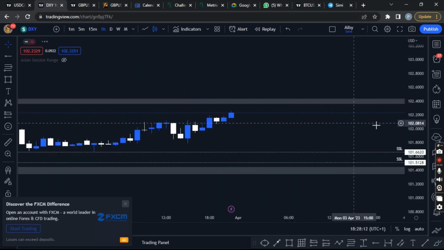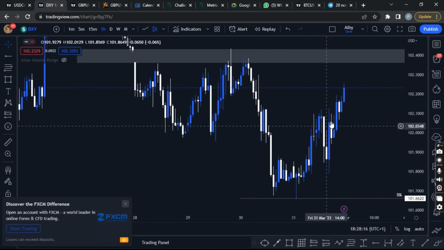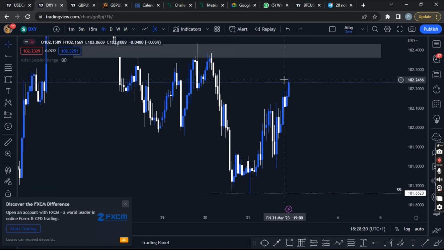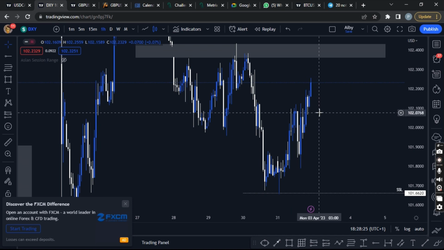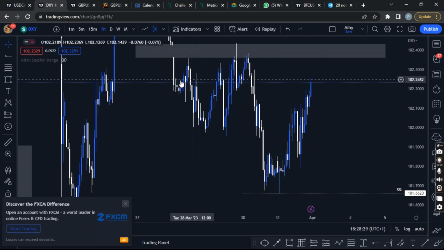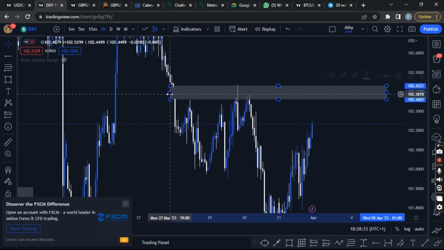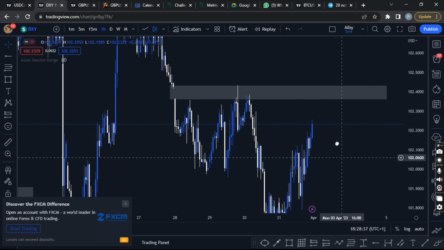So on the 1 hour time frame, you notice price started pushing up on Friday to the upside. So basically what I'm looking out for is, once the market opens, I would love to see a gap to the downside, something like this to the downside, new week gap to the downside. If I see a gap to the downside, that's going to give me confidence that okay,